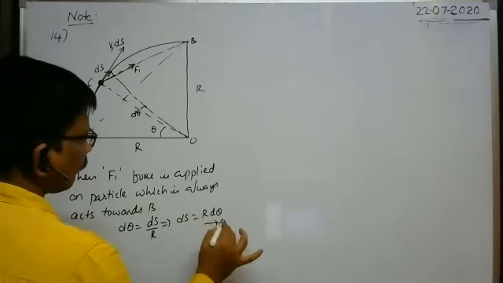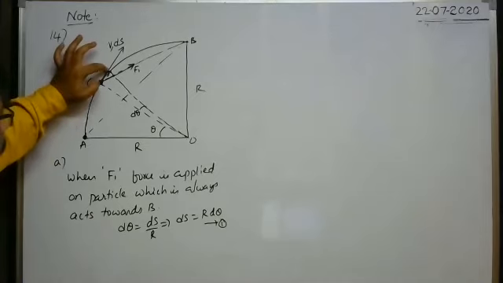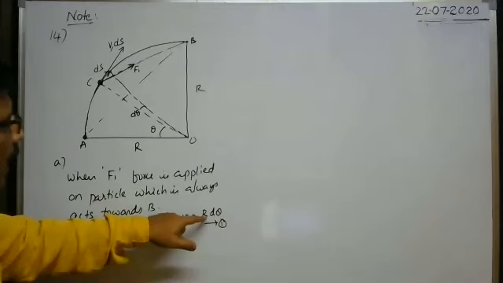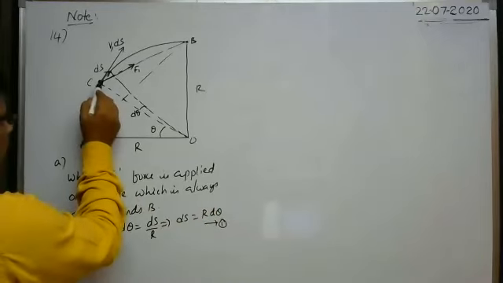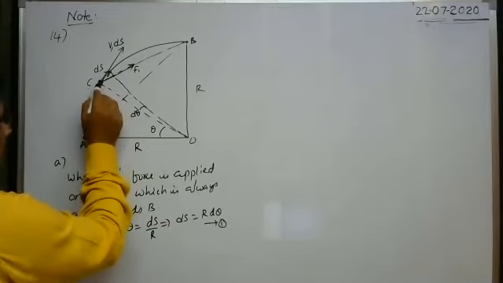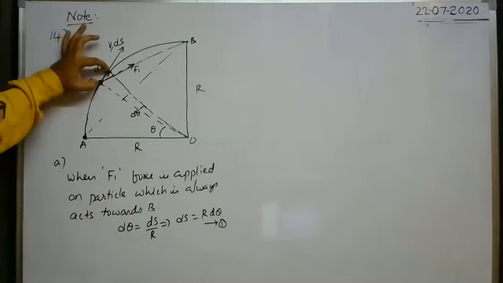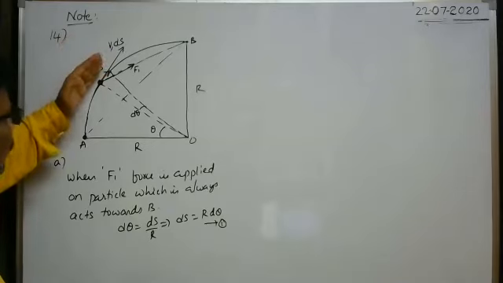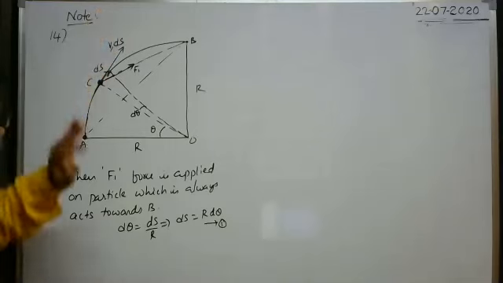This is equation 1. So whenever the particle displaces through a small distance ds, that distance ds can be given by r into d theta. In this case, for the small displacement ds, there is no considerable change in the direction of motion of the particle through the distance ds. As ds is a small displacement, when the particle moves from this point to this point through a small distance ds, there is no considerable change in the direction. The direction of its motion is along this direction.